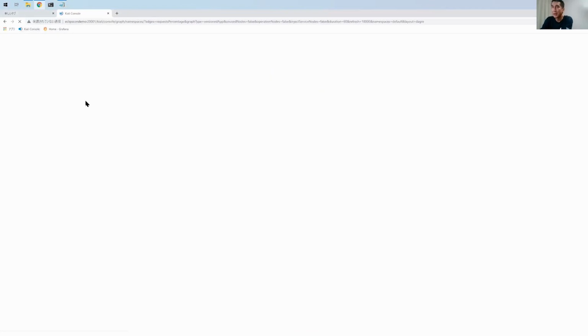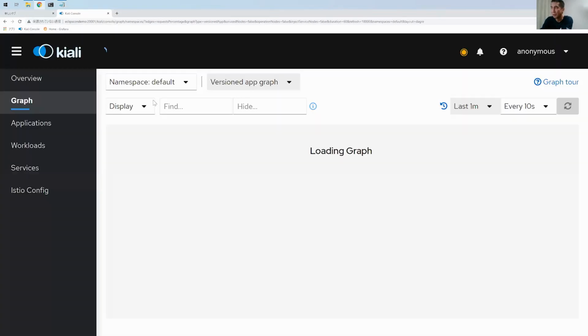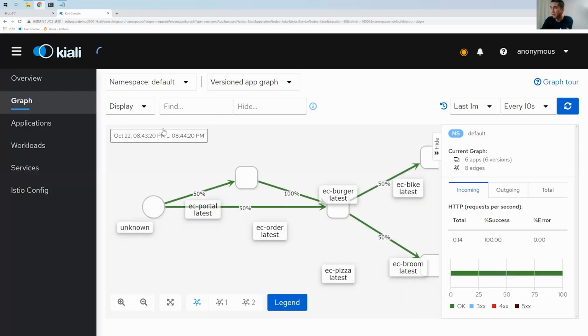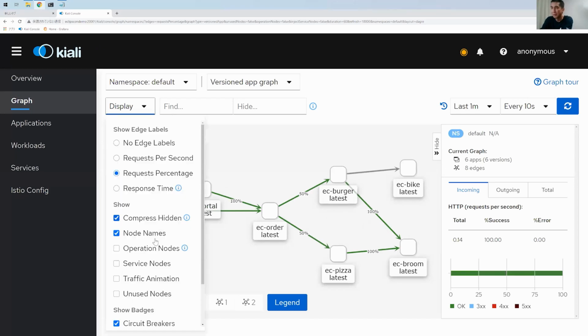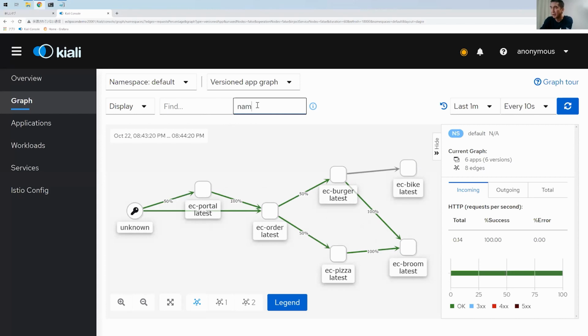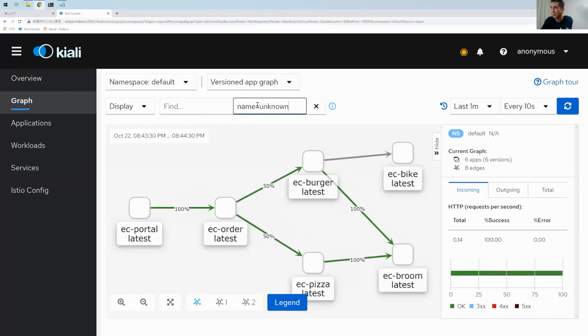And next, I show you the Kiali window. The node named unknown is the Prometheus service, so I just ignore this.